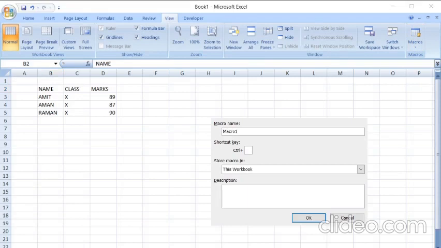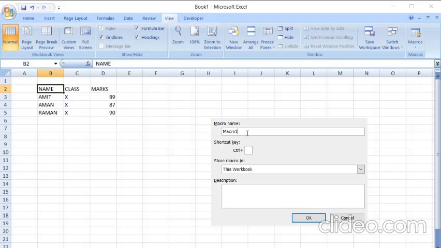Whenever you click on Record Macro, first you can give the macro name, whichever you want. I have given Macro 1. Then you can give any shortcut key.